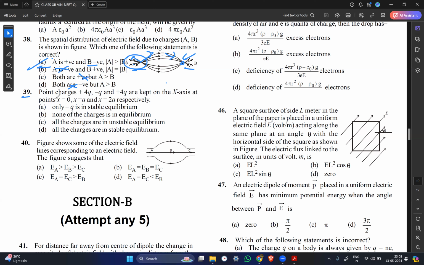Electric field is more. Then the 39th: point charges plus Q, minus Q, plus 4Q are kept on the x-axis at x equal to 0, x equal to A, x equal to 2A. Only minus Q is in stable equilibrium. So equilibrium wise, if you see, this will be at equilibrium. Then this will attract, this will repel. This will be KQ by R square, 4A square, equal to 4Q into 4Q by